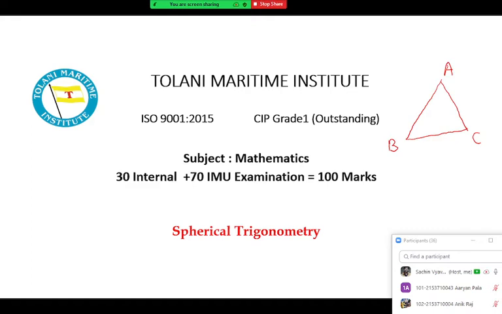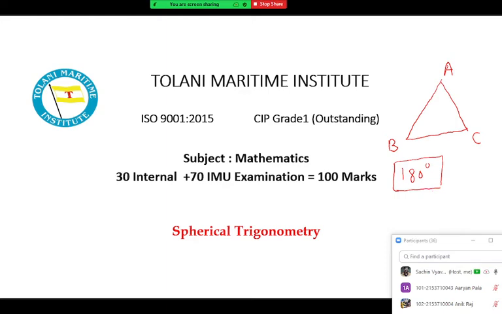Sum of all three angles is equal to 180 degrees. Good, very good. So that is only what I'm expecting, Devang. Sum of the angles of the triangle is always 180 degrees. That is actually one of the properties that we have. I think other than that, we don't have any other properties for a triangle.